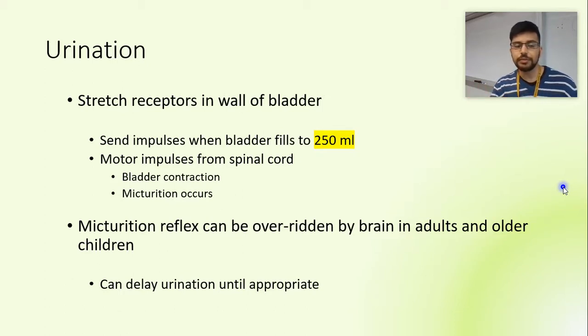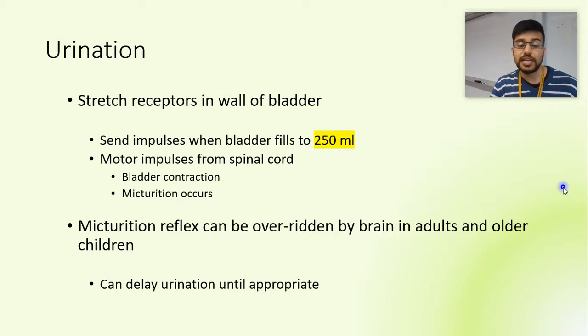If you're a child, however, like babies, they can't control when they pee. Kids pee their pants all the time. That's because they don't have as much of a control over this. And when you get older, when you become a senior, you might lose control over this as well. Pregnancy can also lead to losing control over this signal, and there's a couple of other things that can impair your ability to control this impulse.